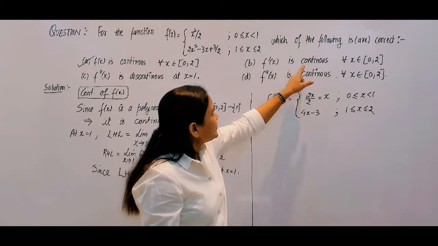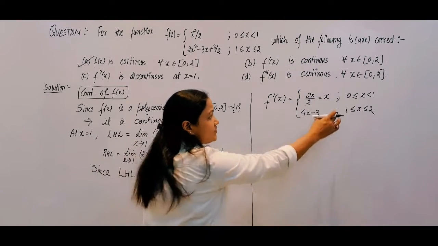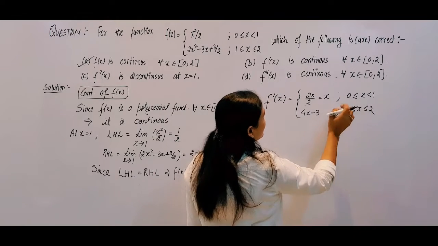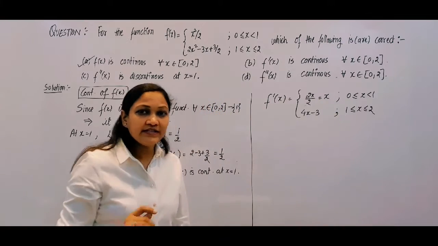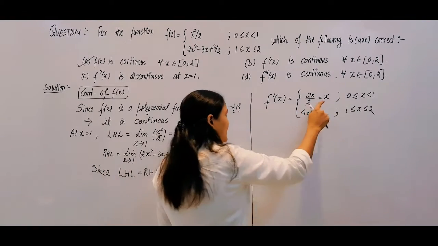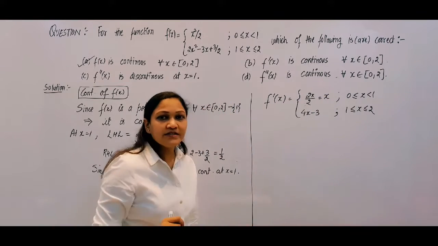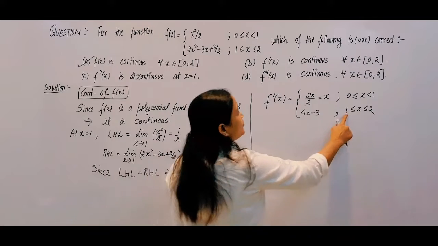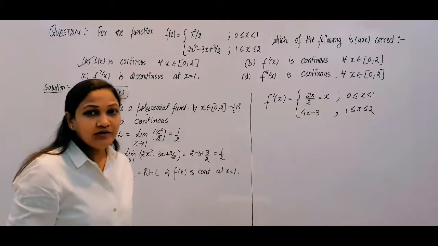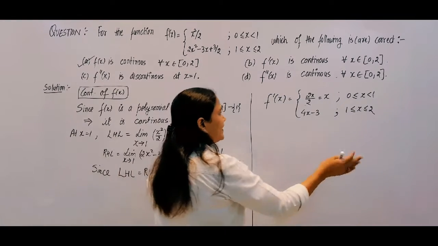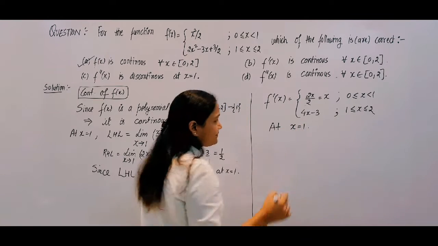Now you have to check the derivative function for continuity in the whole interval 0 to 2. Now you can again observe that between 0 to 1 your function is defined as polynomial function. So hence it is continuous. Polynomial functions are always continuous. And between 1 to 2, your derivative function again is defined as a polynomial function. तो यहाँ पर तो continuity है ही. So you have to just check continuity at x is equals to 1.